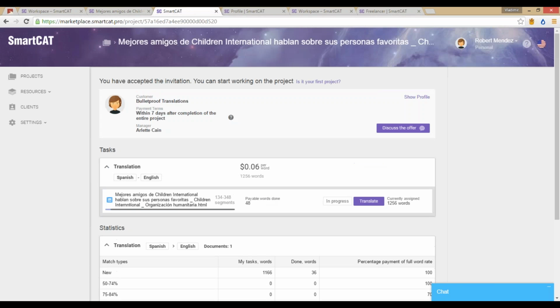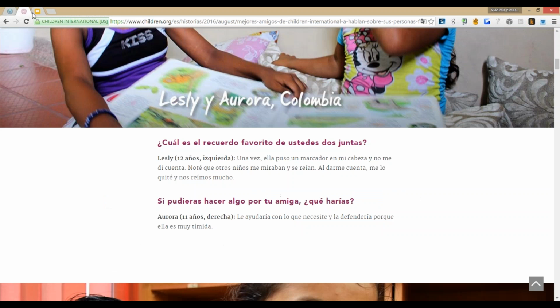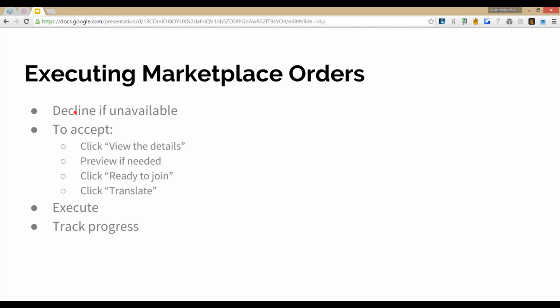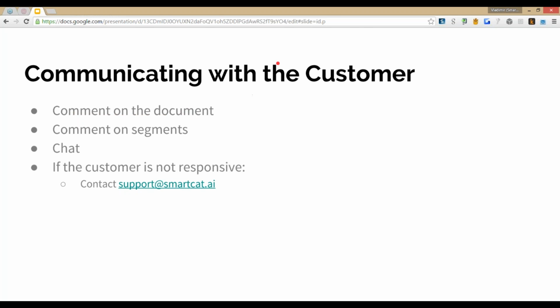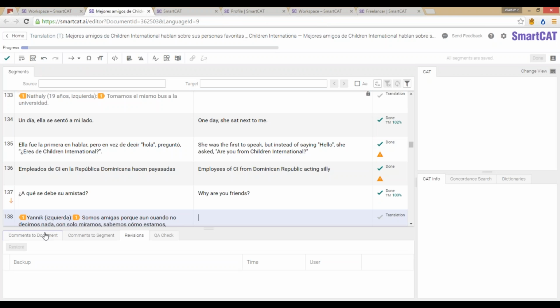That's it. So you keep translating, you keep checking your progress, and an important thing is you keep communicating with the customer. And it's actually the next topic, and I think it's the penultimate topic that I want to touch. Communicating with the customer. There are several ways to communicate with the customer in SmartCAT. First of all, you have comments on the document. If you come back here,